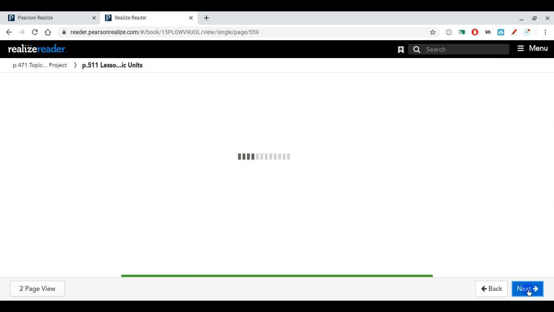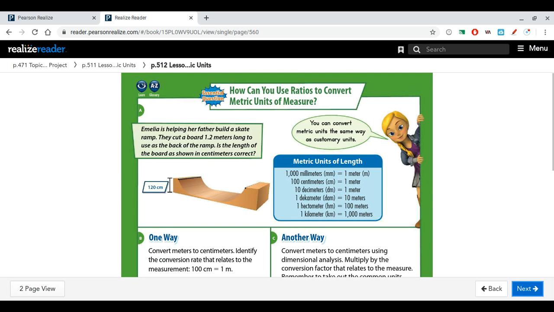All right, moving into your next problem. Amelia is helping her father build a skate ramp. They cut a board 1 2/10 meters long to use at the back of the ramp. The length of the board as it's shown in centimeters, correct? So what they're saying is, I want to know,